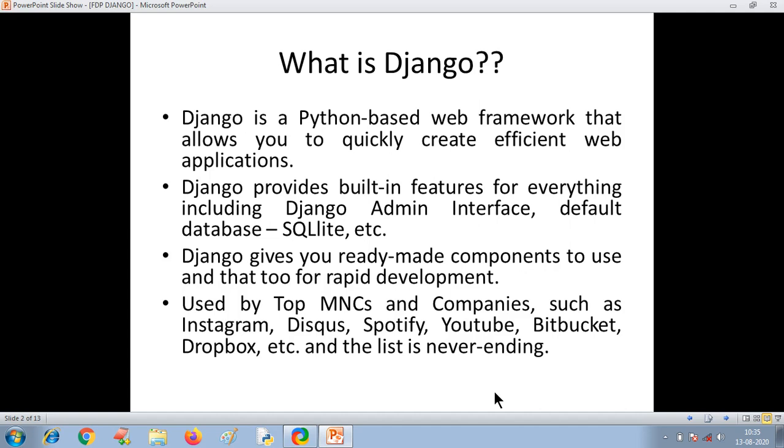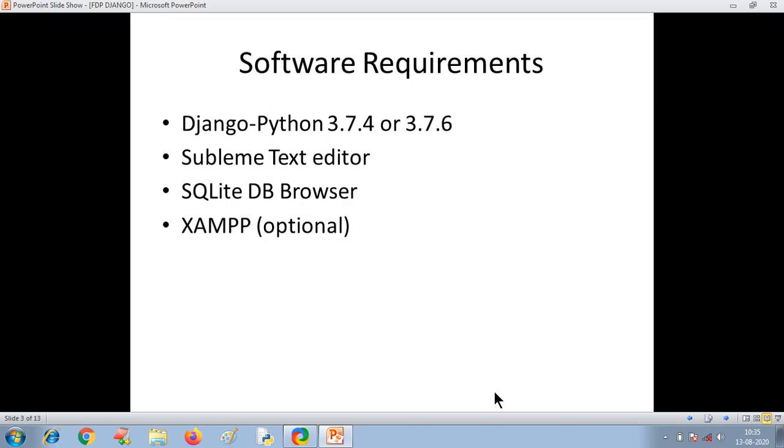So, what are the advantages of Django? As I have already told you, it is fast, secure, scalable. That is, you can add more and more number of applications dynamically. It is flexible, right? And so many ready-made components are available to use in your applications in an efficient way.